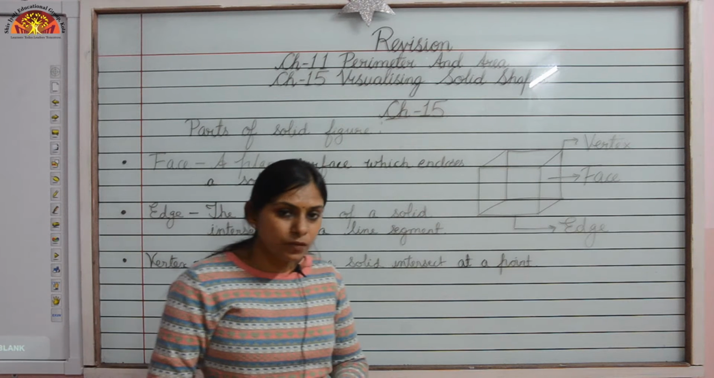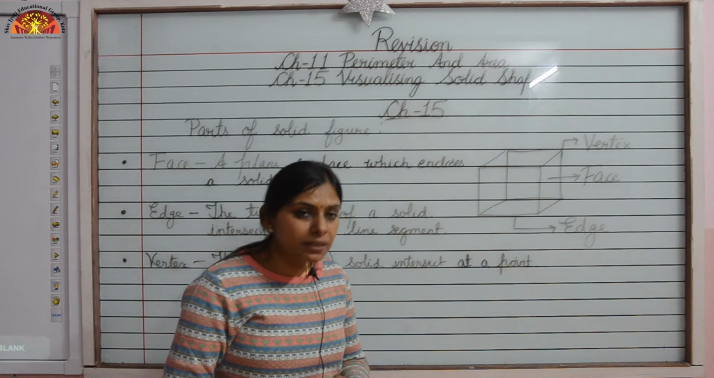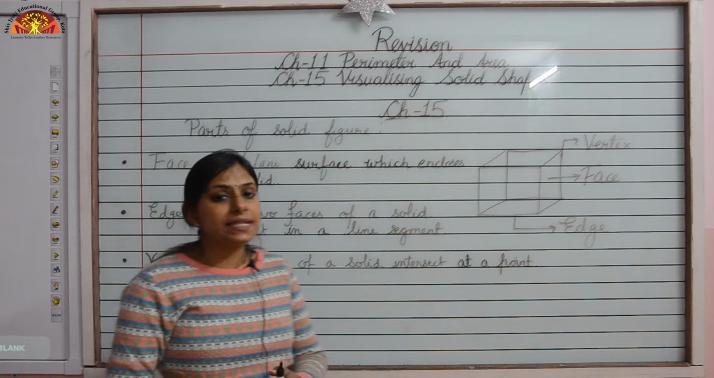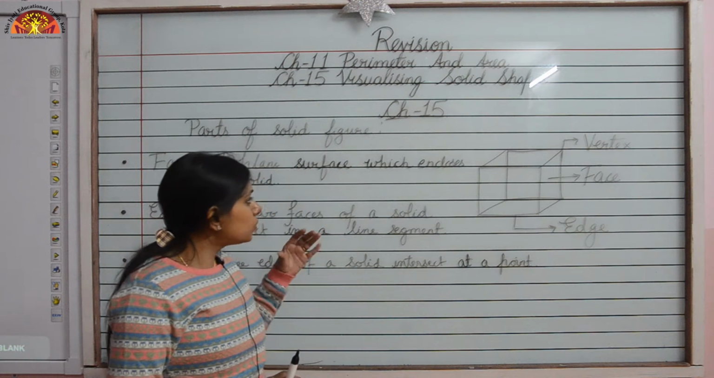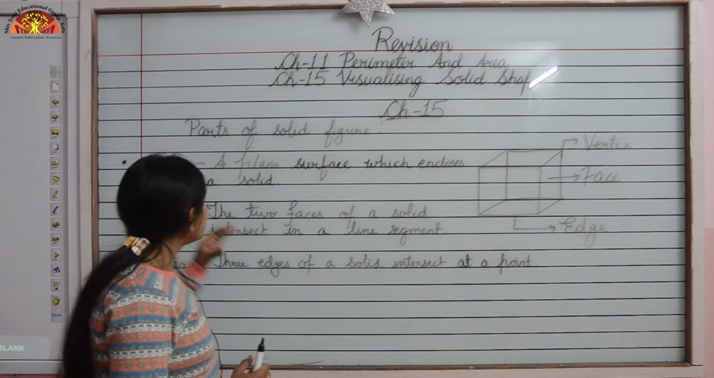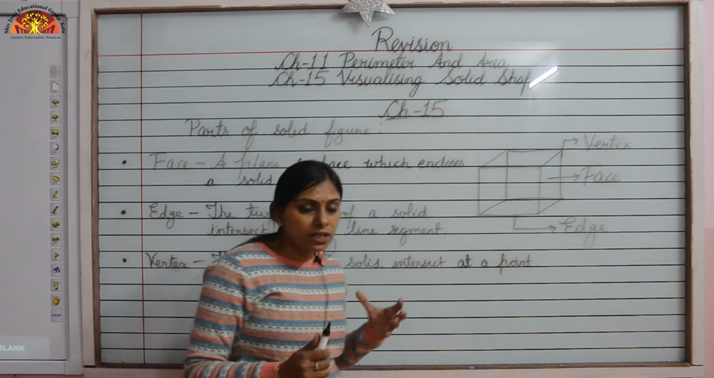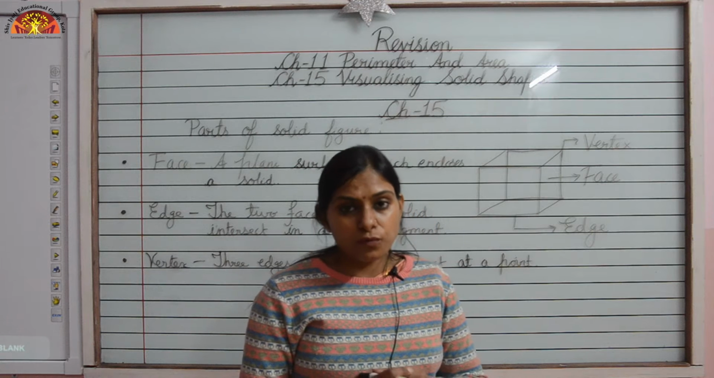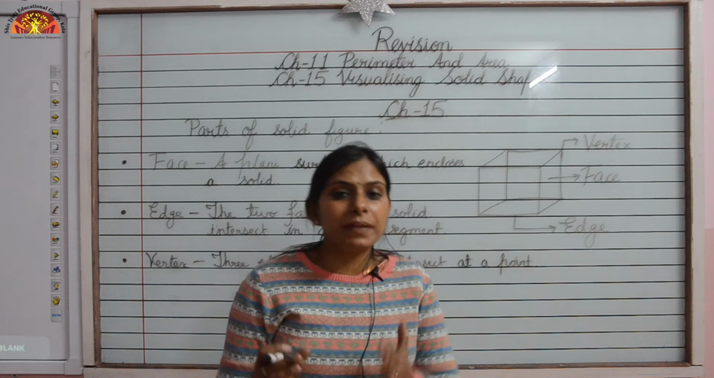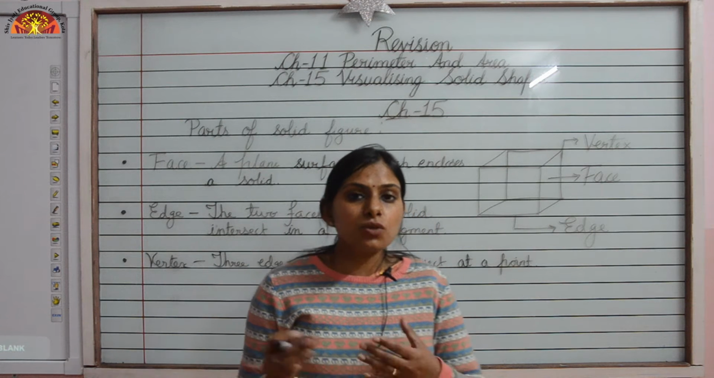So now children, we are having the revision of next chapter, that is chapter number 15, visualizing solid shapes. So before starting with the revision, we'll just go through the basic concepts of it. So just see, as you know, what are the solid figures? There are two types of figures. First are the 2D figures, that is the plane figures, and next one are the solid shape, that is the